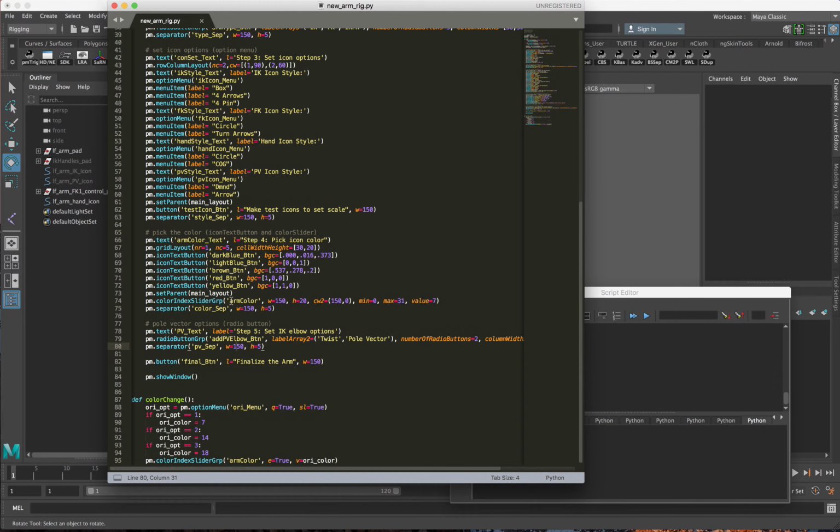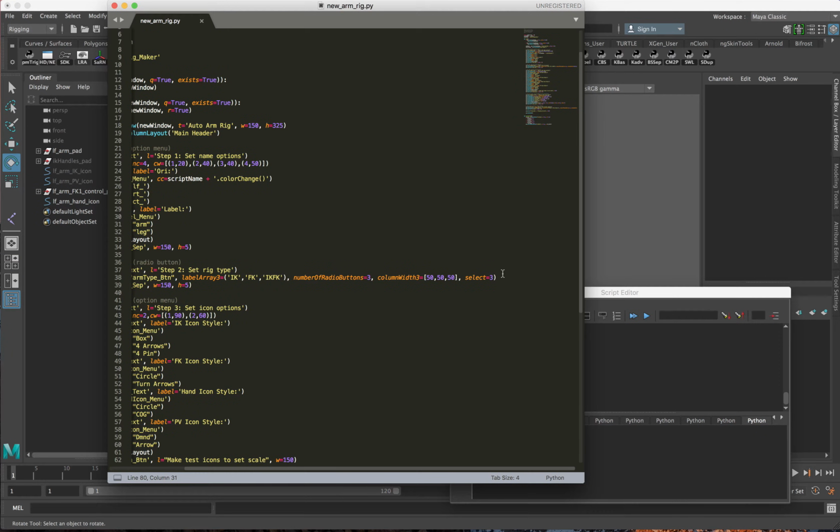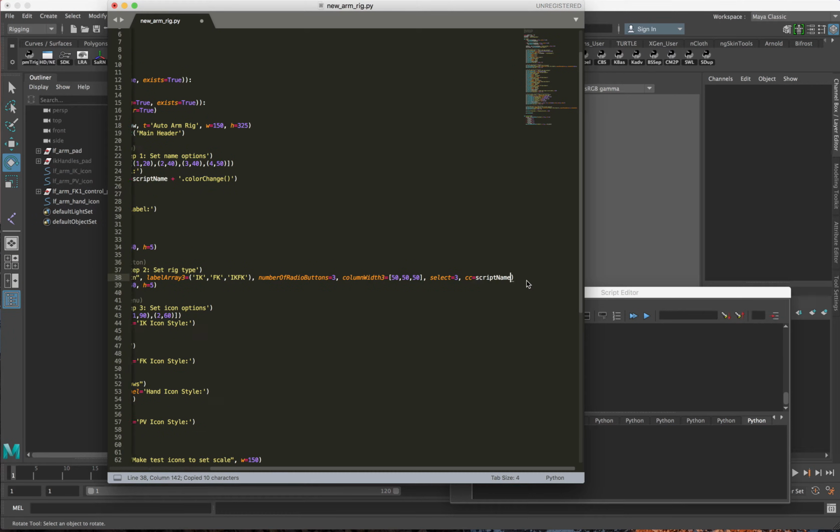So, first thing we need to do, as we did previously, is create a command for this radio button right here, because this is the radio button that changes the rig type. Just like we did in the option menu, we're going to do the change command flag here. We're going to include the script name here,